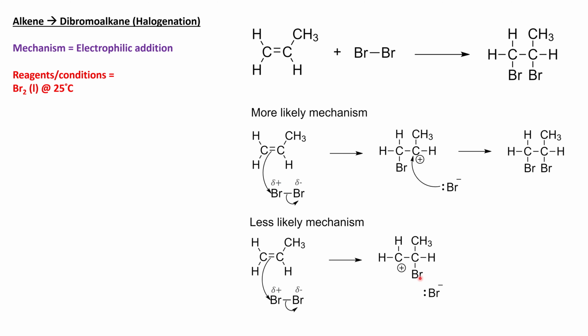Well, if we do it like this, then we'll generate the carbocation on this first position here. And you can see that this carbocation is only bonded to one other carbon atom. So this one's a primary carbocation, whereas through our previous mechanism, we'd shown a secondary carbocation. The bromide ion generated will again attack the carbocation, forming a bond with it, and we can see that the same product has been made,